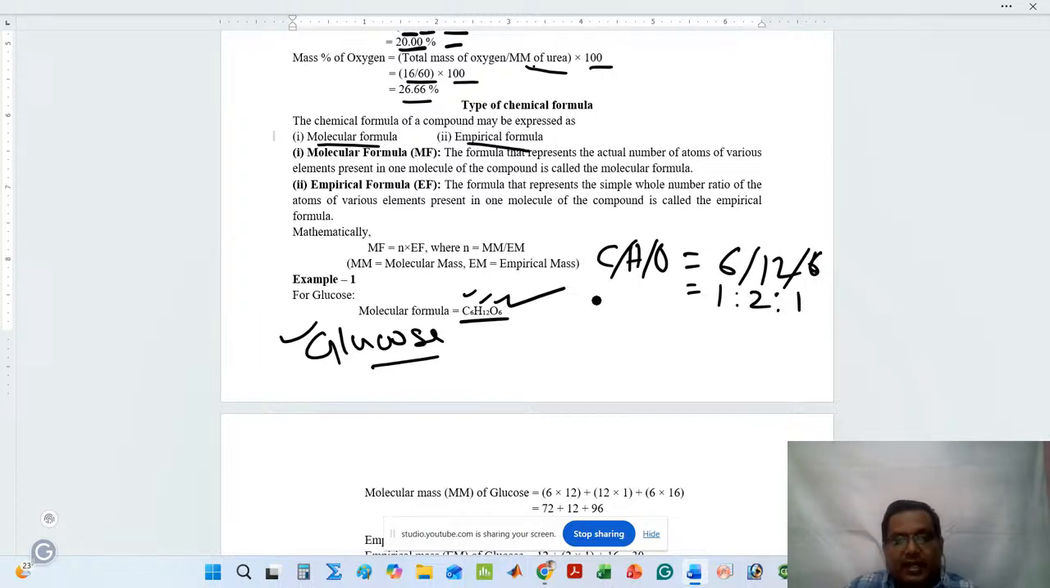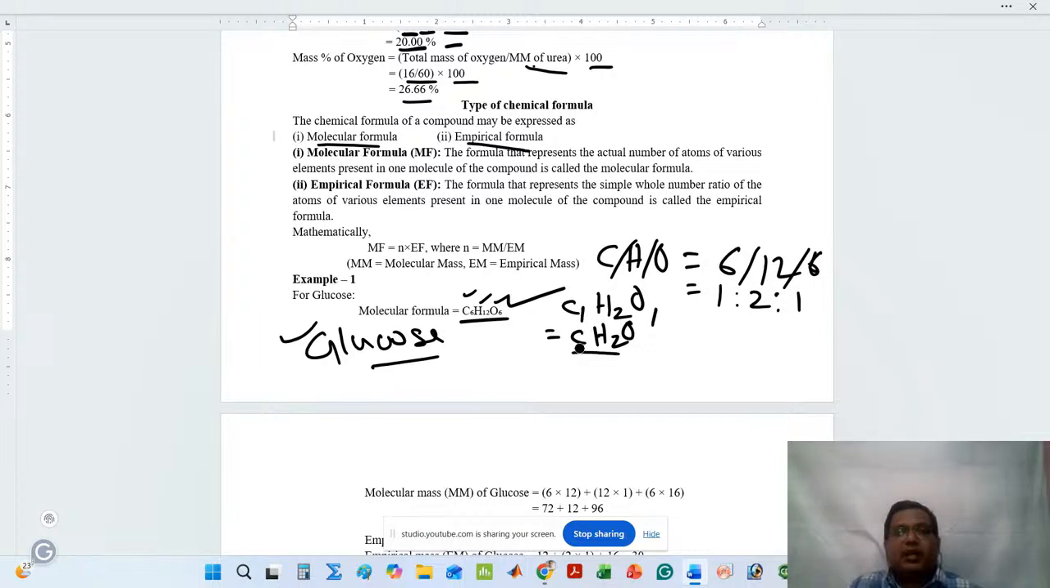So here I can write the empirical formula of glucose is C1H2O1. That means simply you can write CH2O. It is not necessary to write 1 here, because for one it is not necessary to write. Finally, we concluded that the molecular formula of glucose is C6H12O6, but the empirical formula of glucose is